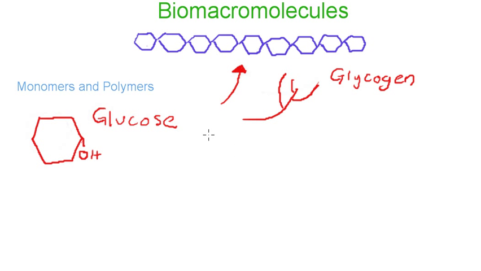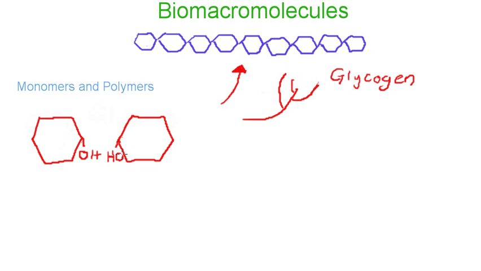So, moving on to how we make polymers. As I said, these have this OH group here. I'm just going to erase glucose. All glucoses will have this hydroxyl group. And when we want to make a polymer, we have to do what we call a dehydration reaction, or a condensation reaction. It's two different names. So if we were to take two glucose molecules,